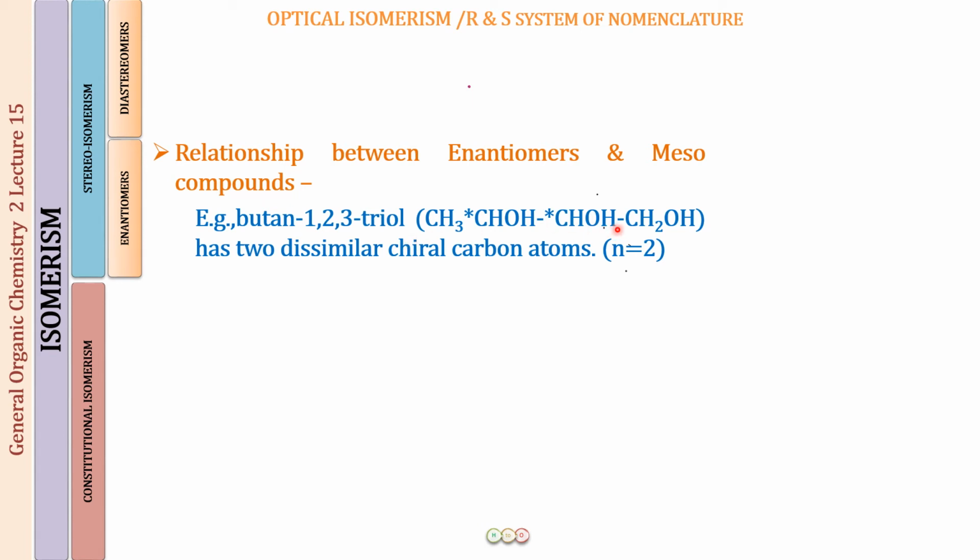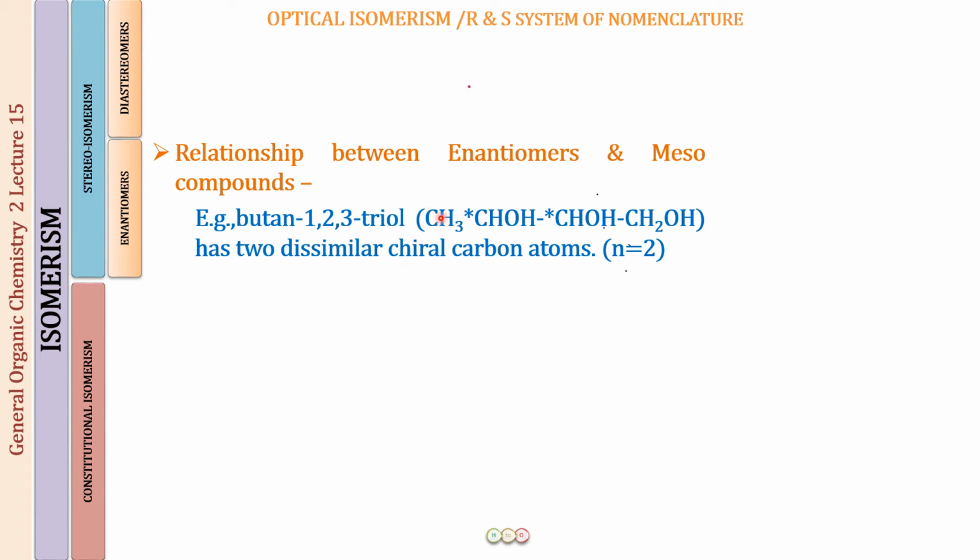Just looking at the structure, can you tell the number of chirality centers? Yes. Carbon number 1 has 2 hydrogens, so it cannot be a chirality center. Carbon number 2 has an H, an OH, a CH2OH, and this big group. This means there are 4 different groups, so it is a chirality center. Similarly, C3 is also going to be a chirality center. Carbon number 4 is a CH3, with 3 hydrogens, not all 4 dissimilar groups, so this will not be a chirality center.